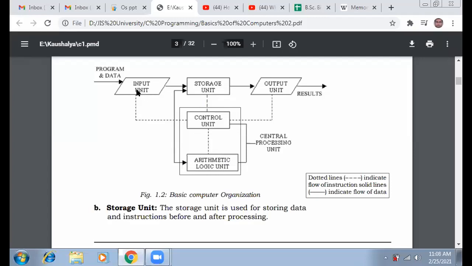I told in my previous classes that as an input, the user generally provides two kinds of input. One is data and one is instruction. Both are dependent on each other. I have already explained that without data, instruction has no use, and without instruction, data has no use. So suppose the user provides two data, 8 and 2. These two numbers the user provides from outside through the keyboard.